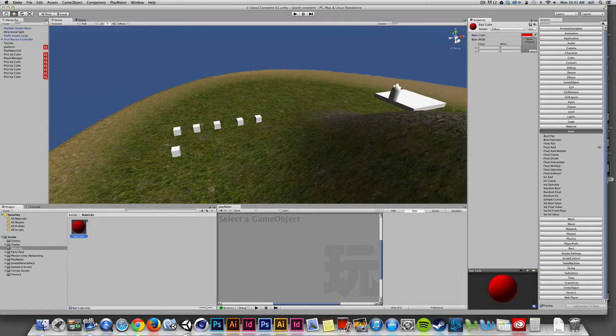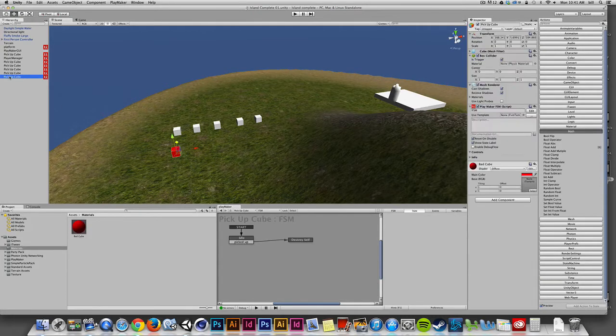So I have a very clear visual distinction between these cubes and then the bad cube. Now the bad cube, I'll select it, and maybe I'll even call this, instead of pickup cube, I'll call this bad cube. And rather than waiting for idle, and then when it gets a collision or a trigger event with the player character, rather than adding 10 to the value, maybe I'll add